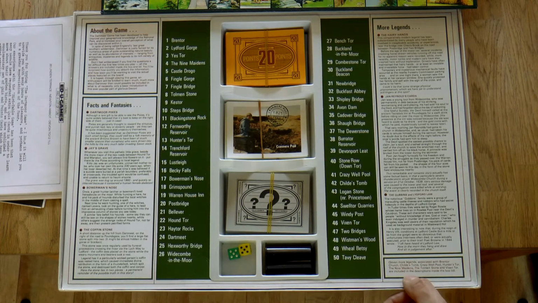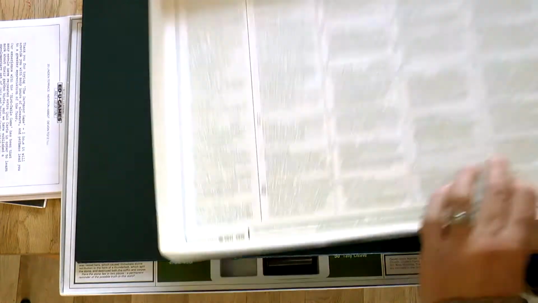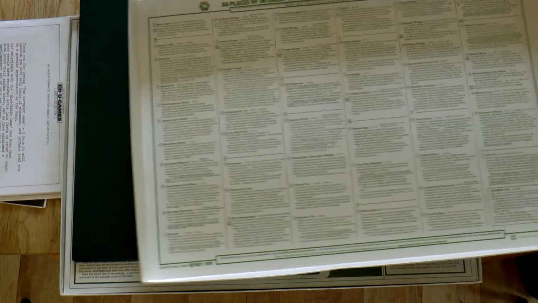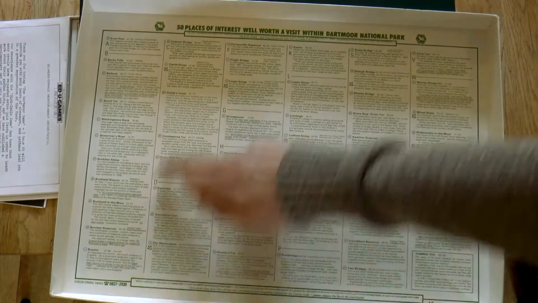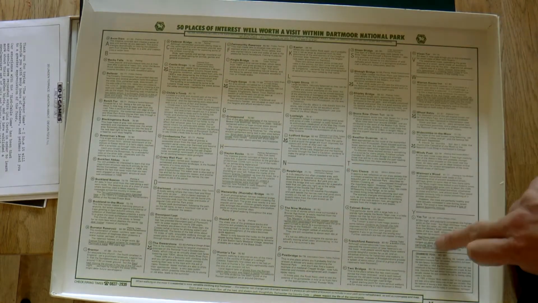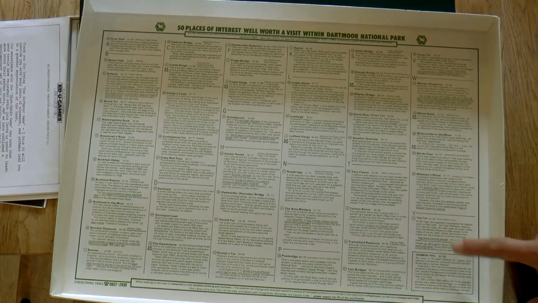Seven more legends are included in the description inside the box lid. Let's have a look at that. Oh wow, lots more. It's also all the places of interest here. It goes through telling you facts about them. For example, Yes Tor,